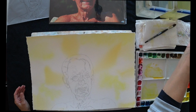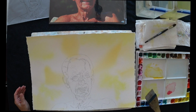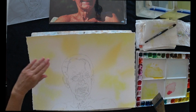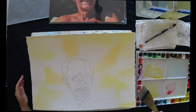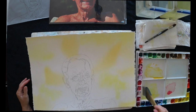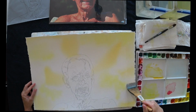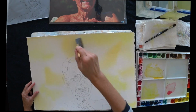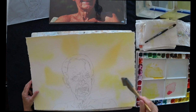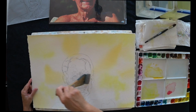Okay, so the next layer that I'm going to put on again is very much for the background. You might be able to see at the moment that my painting has done a curve like this. It's because I've had it drying in the sun. It's okay to dry your painting in the sun, but you need to make sure that the whole painting's in the sun and not just a part of it, otherwise it will dry unevenly. When I wet this down it will flatten out, so I'm not bothered about the fact that it's curled up a bit. So I'm wetting the whole thing again,